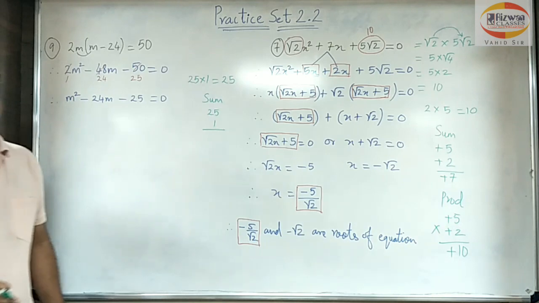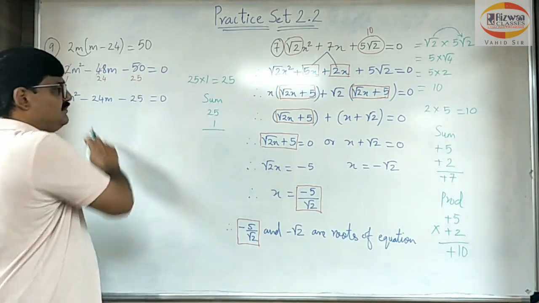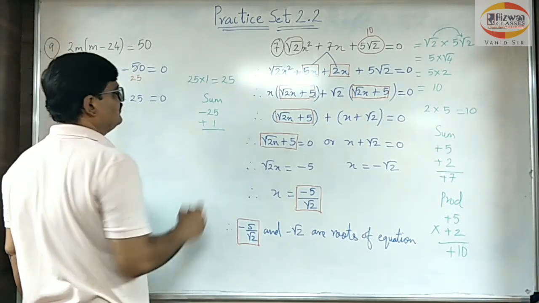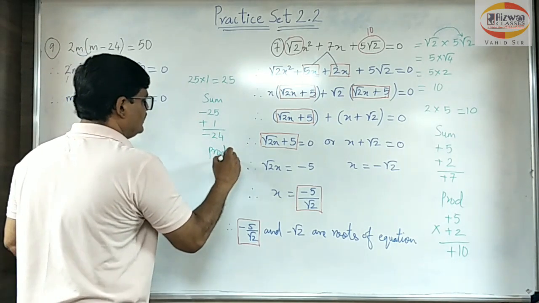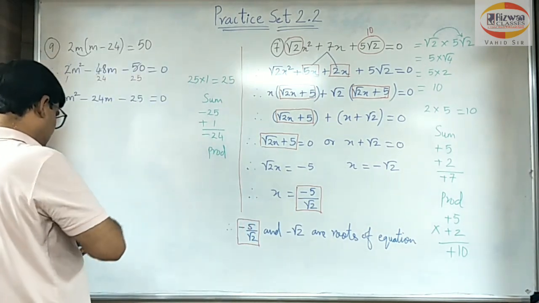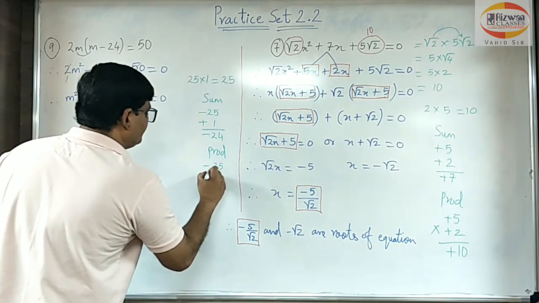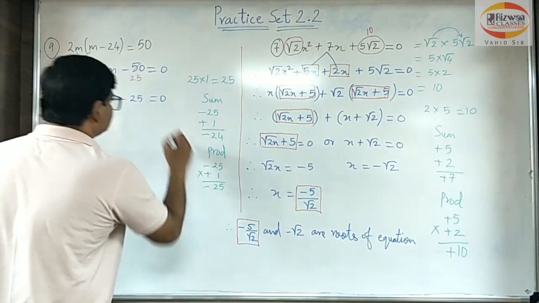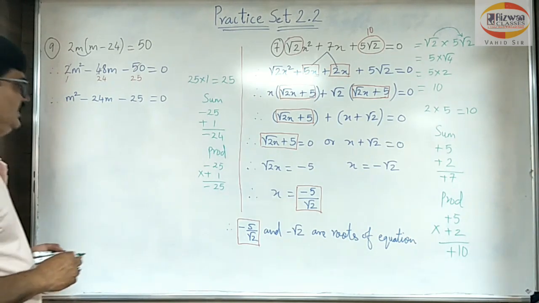So when I try to subtract this, what will happen? One number plus and one number minus. Which number should be plus, and which minus? The middle term's sign has to be checked. The middle term's sign is minus. The bigger number's sign will be minus, the smaller number's sign will be plus. So you will be getting minus 24. Let's try to multiply. In this case it is minus 25 plus 1. 25 ones are 25. Plus into minus is minus, so are you getting minus 25? So that means I got my sum over there.